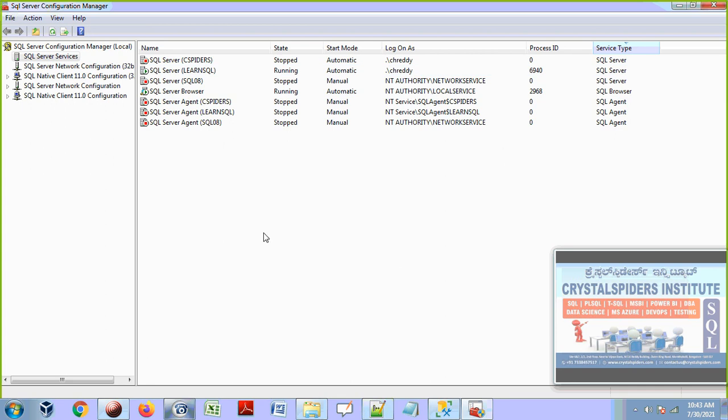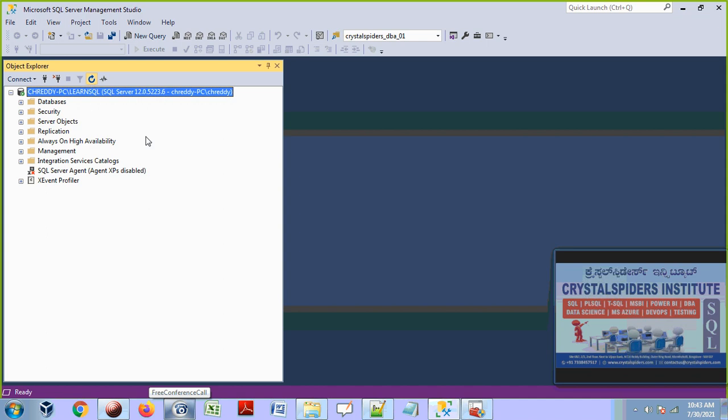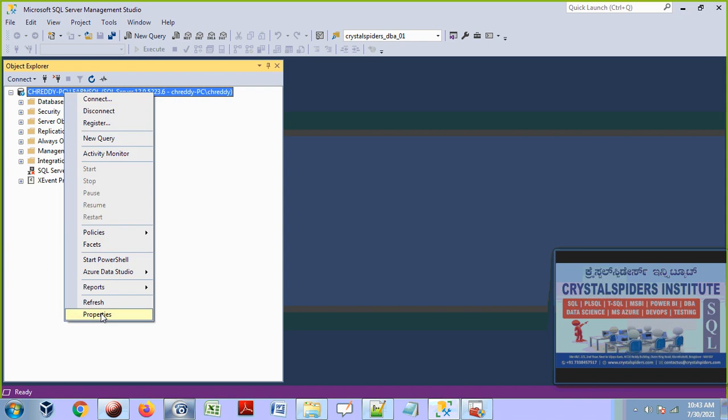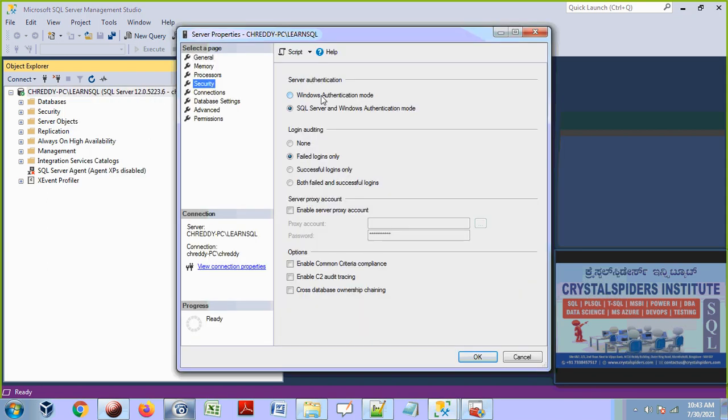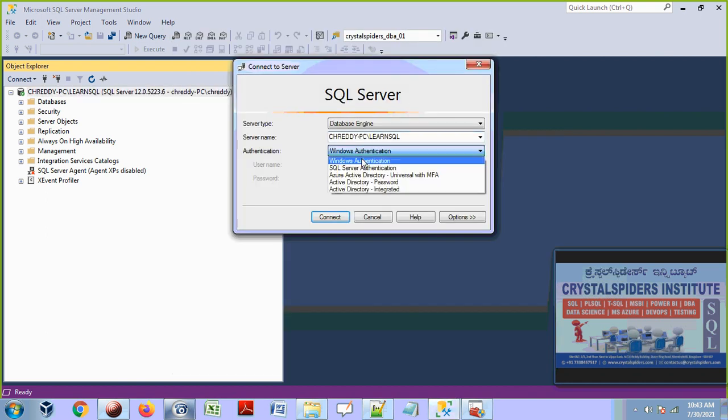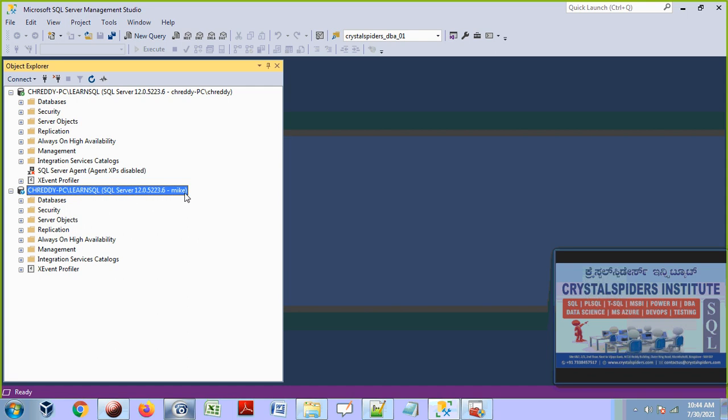Now let's refresh and try to connect. After the restart, we set up the SQL Server and Windows authentication option in the security. From now on it will allow people to connect by using SQL Server authentication. Let's type the username Mike and its password, which we created inside SQL Server under Logins, and say connect. Now see here, Mike is connected. Mike is a SQL Server authenticated user. I connected to Learn SQL by using the Mike username and password.